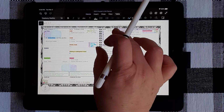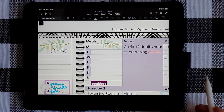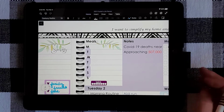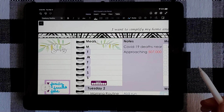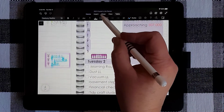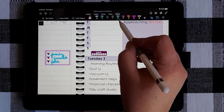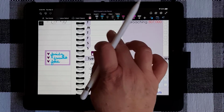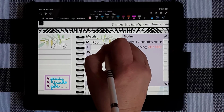I also use this section up here for listing my meals. So for example, on my separate meal planner, I can go ahead and plan out the meals that I have assigned for this week and create my shopping list. But when I come over here, I can simply choose whichever pen I would like. Let's go with this color, and we can write in our menu,